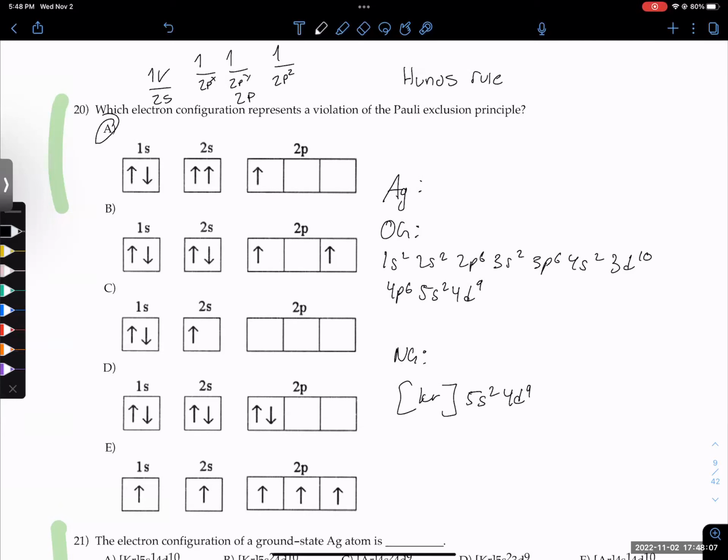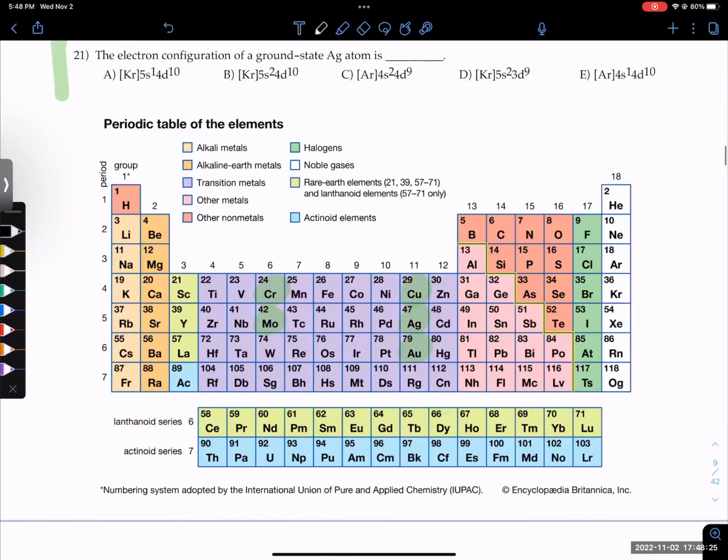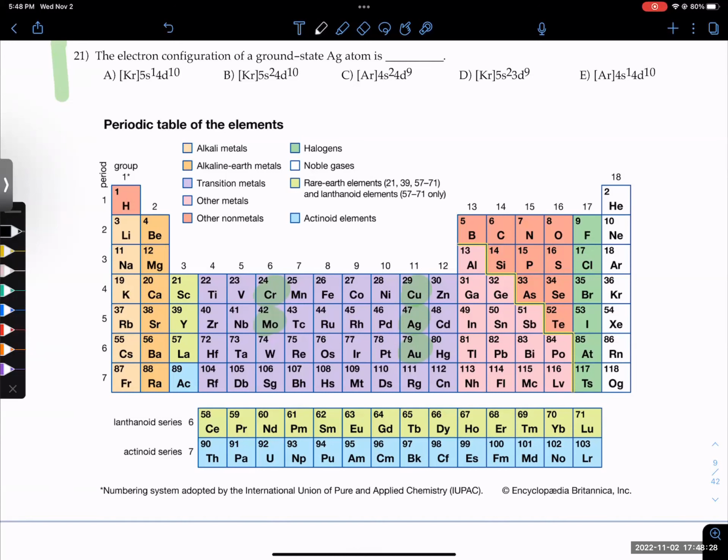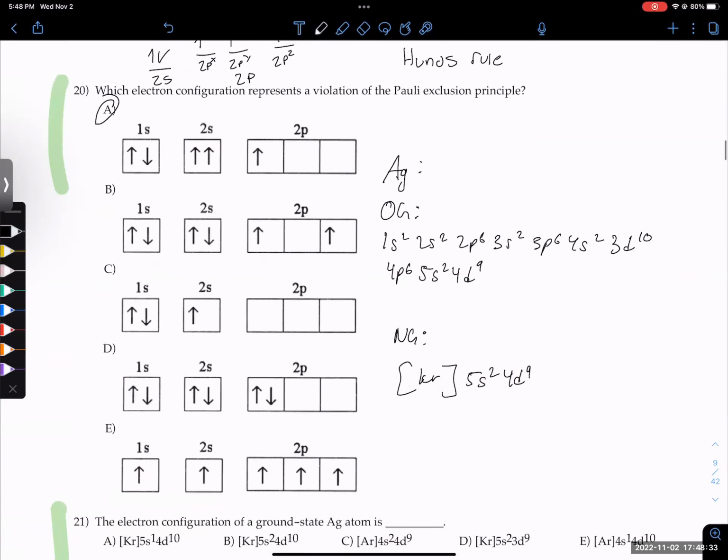So y'all have been asking about this term, exception. What the heck does it mean? An exception basically means that it doesn't follow your general trend of electron configuration rules. If this were normal, this would be the correct electron configuration. But for these green elements, the d subshell being full is more important than the s subshell. So one of the s electrons will move itself to the d orbital, and this will actually be 5s1, 4d10.